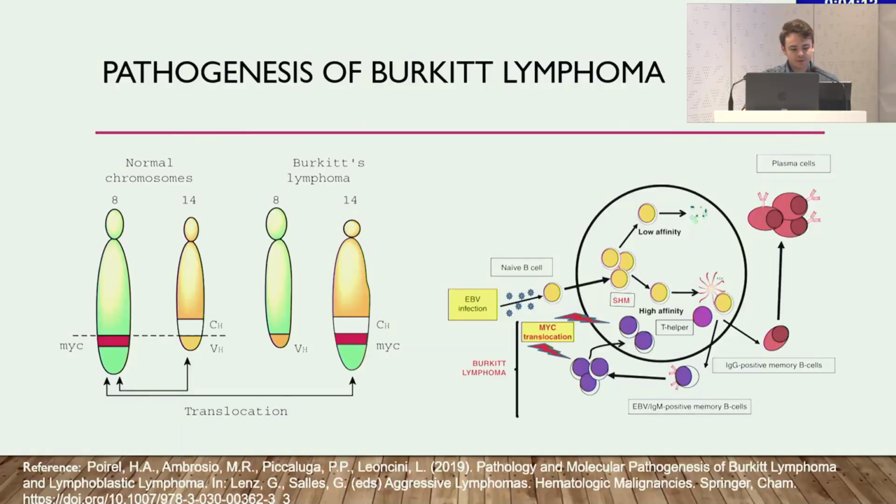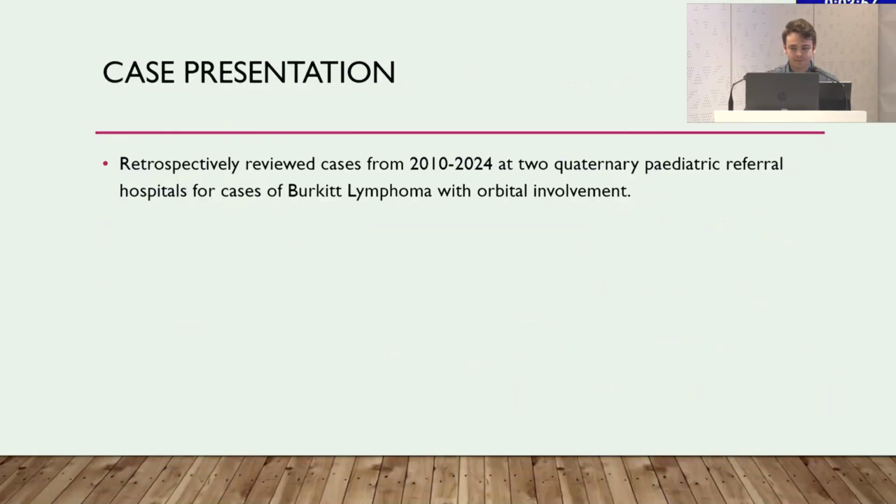The exact pathogenic mechanisms of EBV causing Burkitt's lymphoma is yet to be elucidated, but is believed to be due to an overexpression of specific viral proteins which promote cell survival and proliferation, leading to genetic instability and potential immune evasion. We retrospectively reviewed the cases from 2010 to 2024 at 2 quaternary paediatric referral centres in Australia for cases